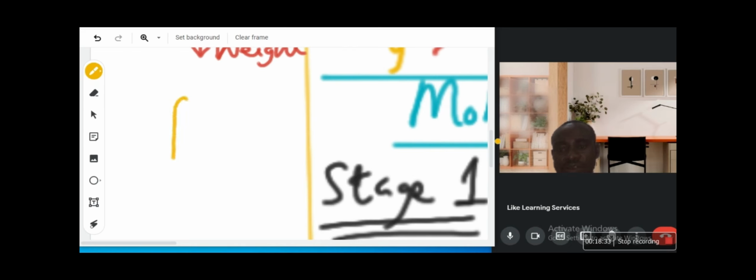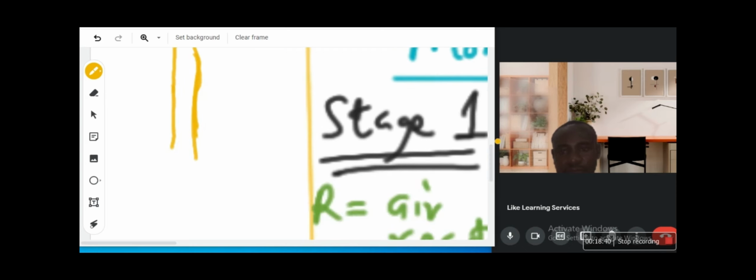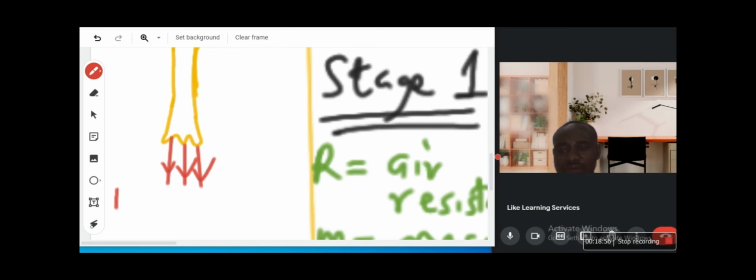Let me use this to represent the rocket. At the tail of a rocket, there are exhaust gases that are being ejected at very high speed. The force of these exhaust gases,